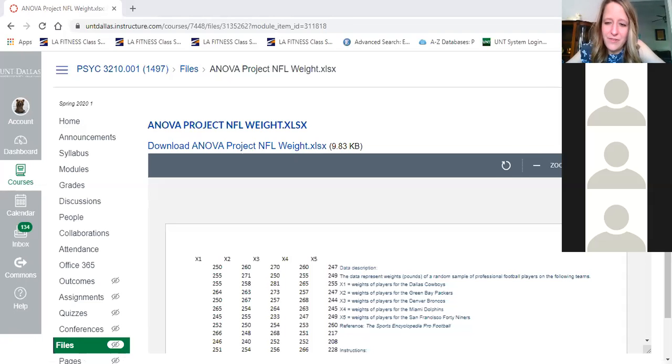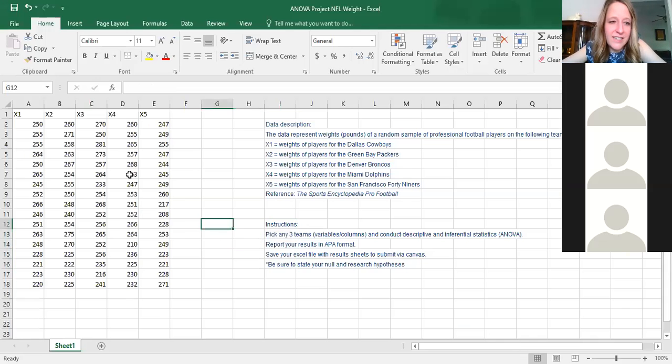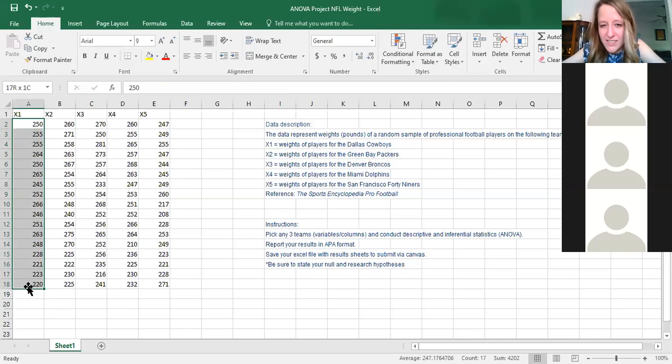And neither one is going to be more difficult than the other. But this is our NFL data set. And so you have a kind of brief description. It's telling you each of these variables are the weights of players from different NFL teams. Like X1 is the weight of players from the Dallas Cowboys,